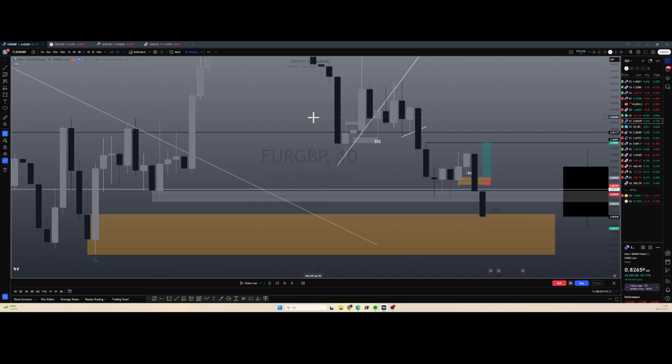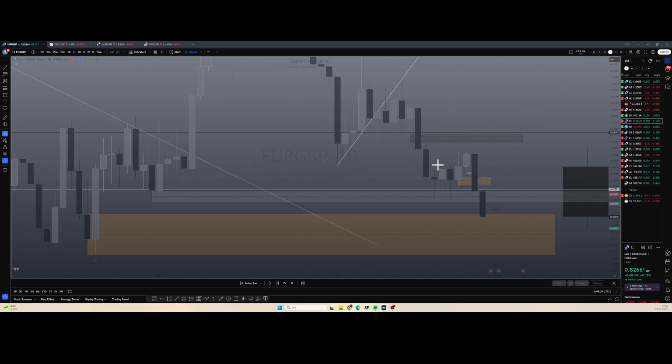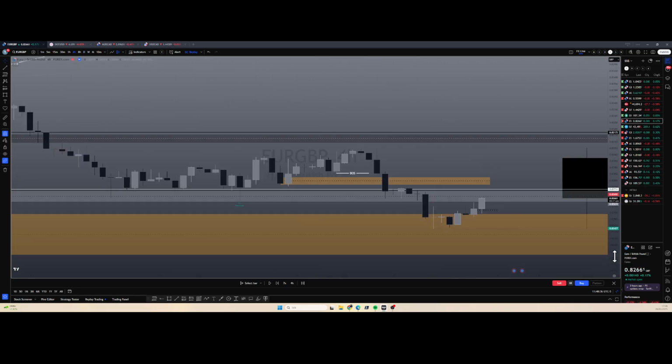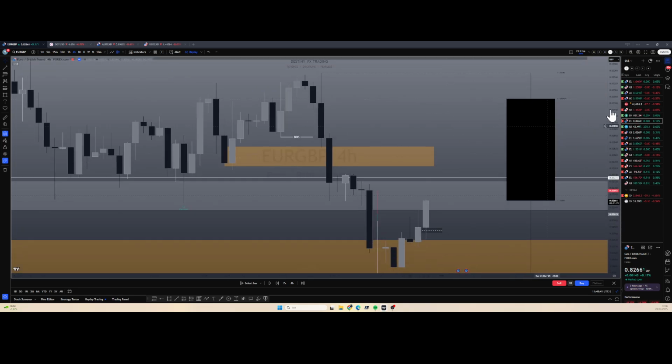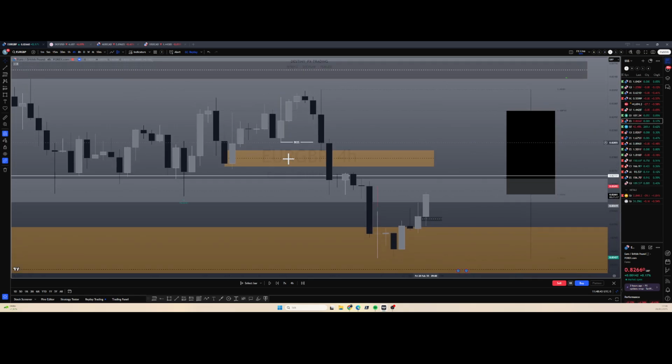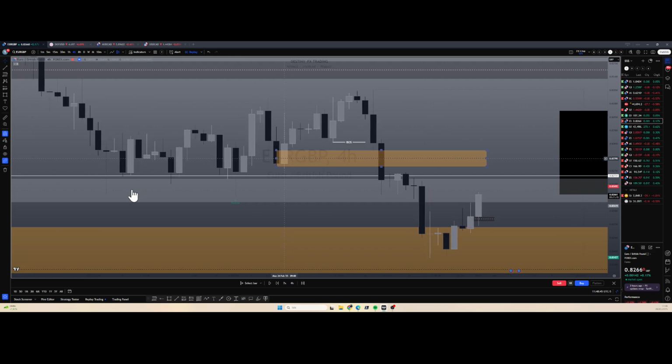We do have some buy side liquidity resting above here, and we also have this bearish CB, which is definitely an area where I want to see some reaction from. But based on what we have seen, on the H4 we are quite bearish, right? So what can we see? We can see the price has moved